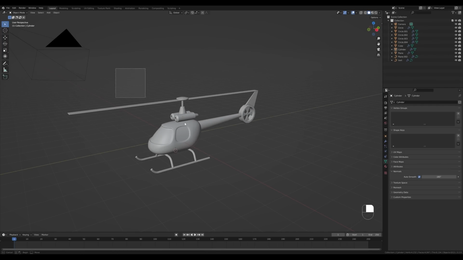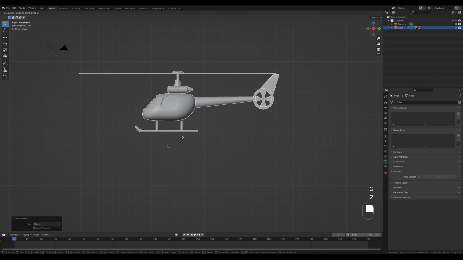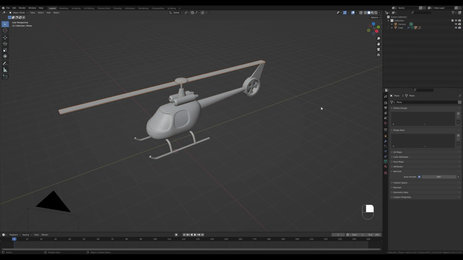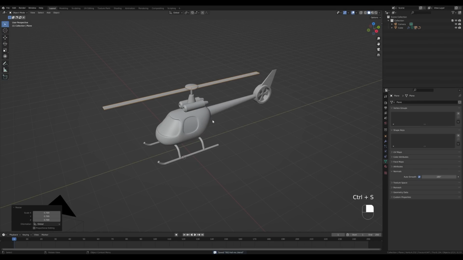And now the only thing that remains is to select everything, hold Shift to click the body of the helicopter, press Ctrl P and set parent to object. Now let's look from the side, and we can press G then Z and move this up so it sits on the ground there. So that's the helicopter modeling. I think this may be too large, so let's make it a little bit smaller by pressing S. And now I'll proceed and try to create a quick looping animation so we have some fun with this.